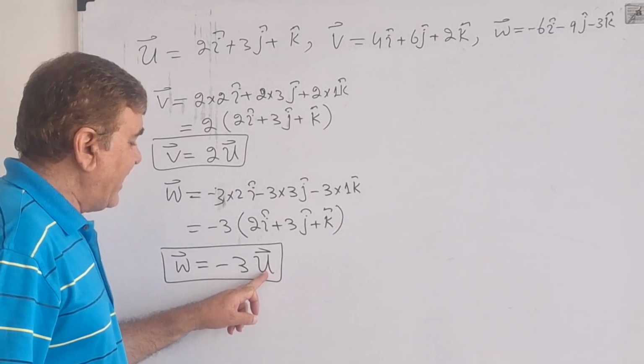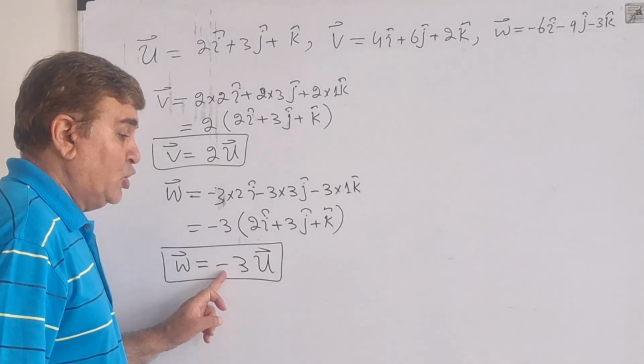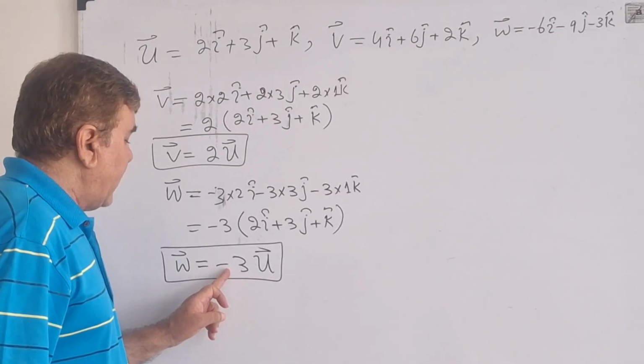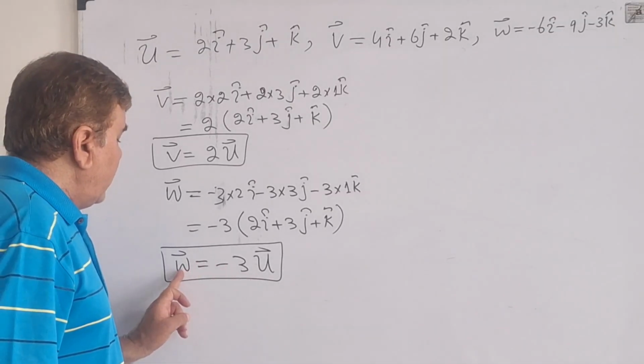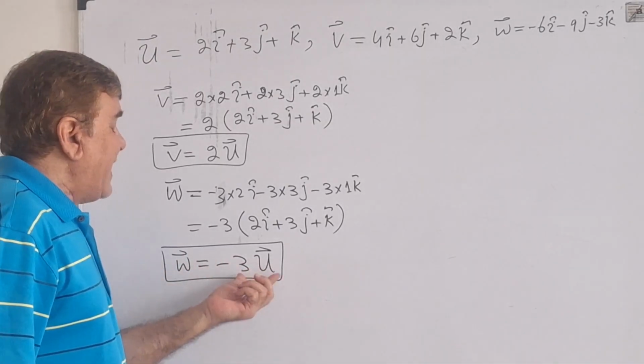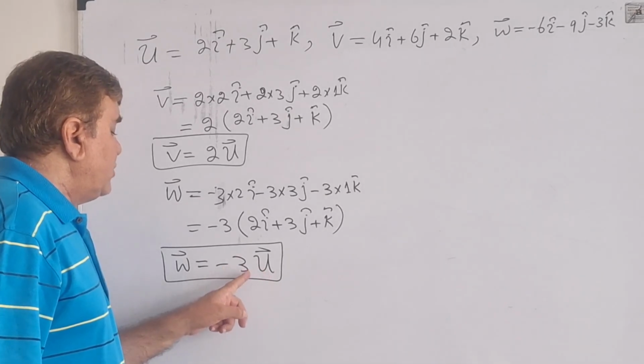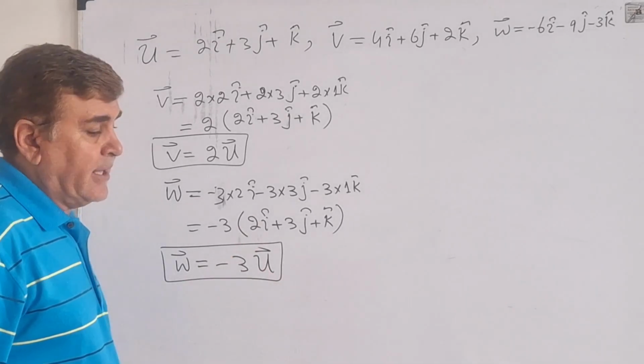of vector u and is pointing exactly opposite to the direction of u. This minus sign tells that w is opposite in direction to u. That is, vector w is an anti-parallel vector to vector u, whose magnitude is 3 times greater than the magnitude